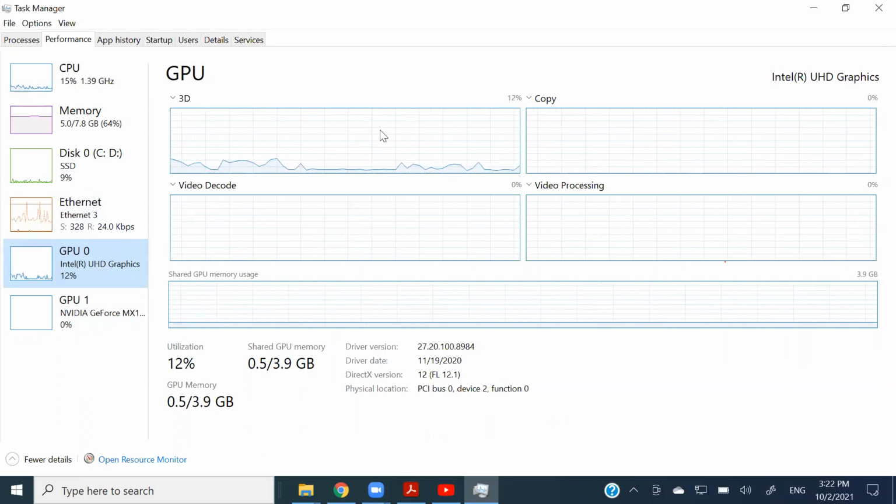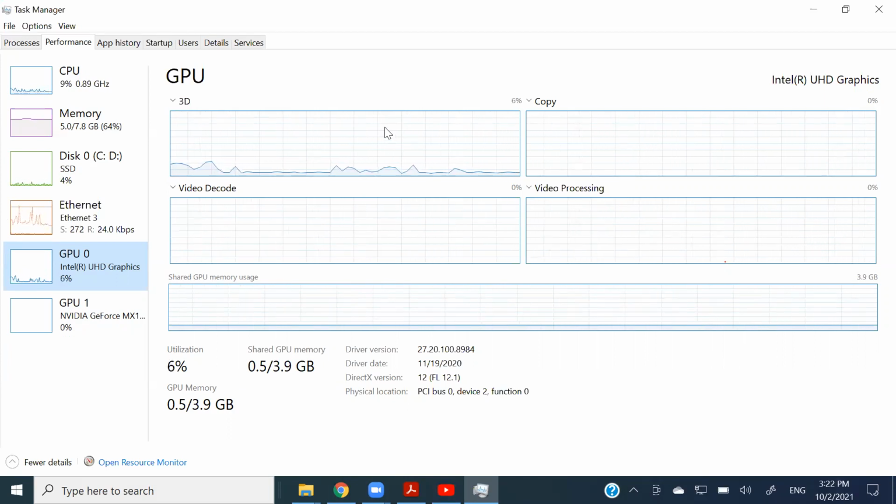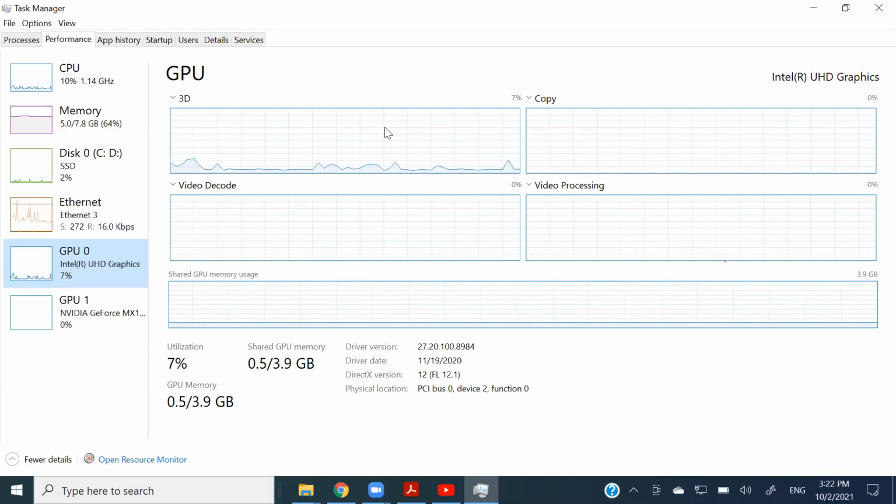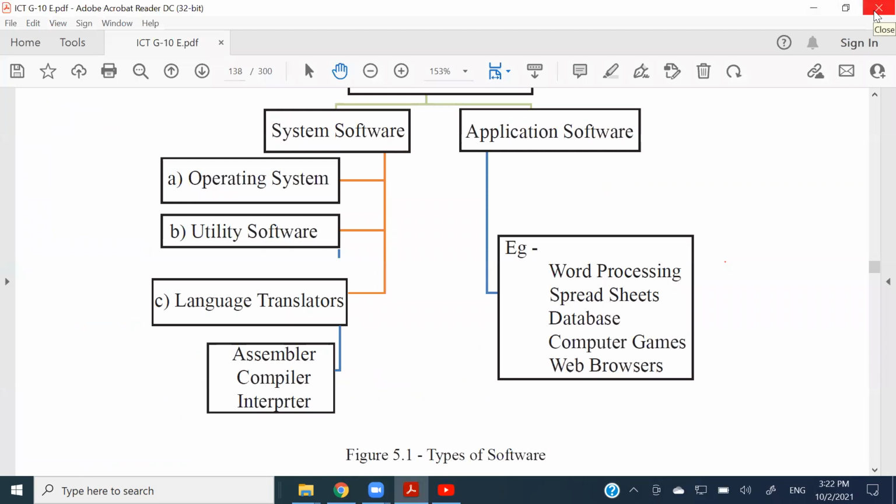Now, these are not needed for the user to do their day-to-day things, right? Sometimes these will be monitored by the technicians. Sometimes we may need to visit here and see what is actually going on in the computer, but we very rarely do those things, right? But they are running these kinds of programs. One particular aspect is to help some processors regarding the operating system, and the other is to provide information for people like technicians, right? And these language translators, they are actually a kind of system software.